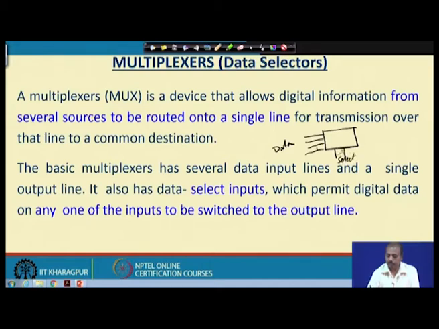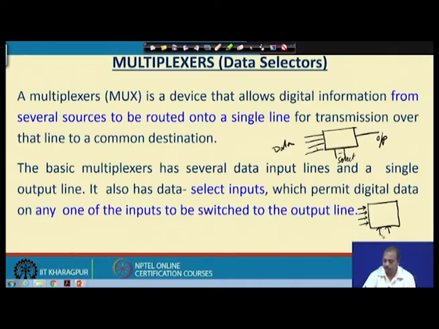Now, this is the output, and the output is only 1 bit. We have got data lines, which can be many, and select lines, which can also be many. Depending upon the values that we put into the select lines, one of these inputs will be selected and that will go to the output. For example, if I have got 4 data lines and 2 select lines like this,